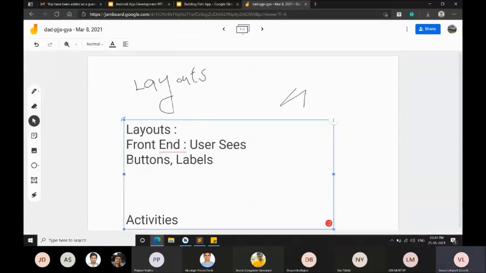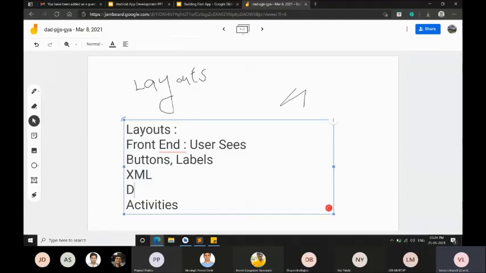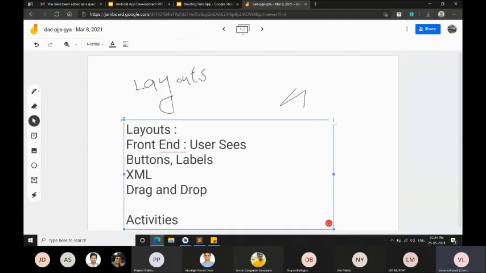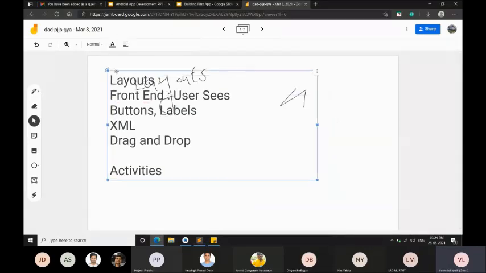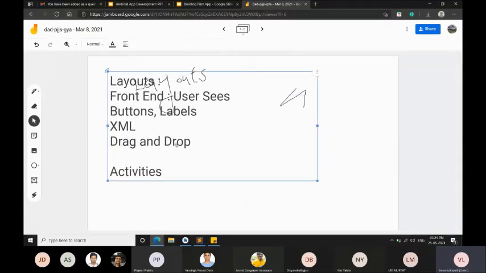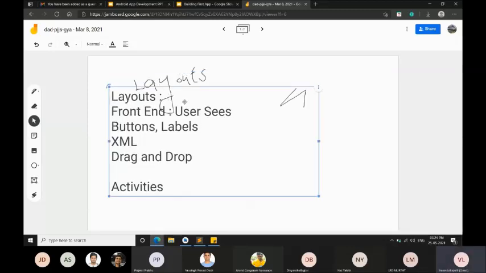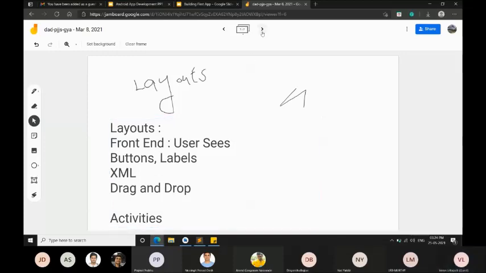They are written completely in XML, but you don't need to know any XML. Android Studio provides a drag and drop feature, so you can create your layouts very simply, in less than a minute. You just drag and drop the components you want, and your layout is good to go.